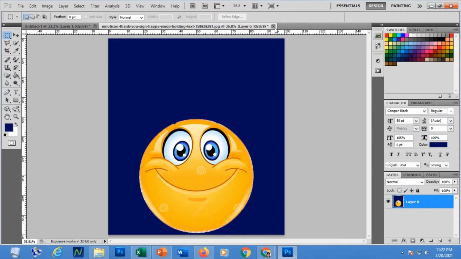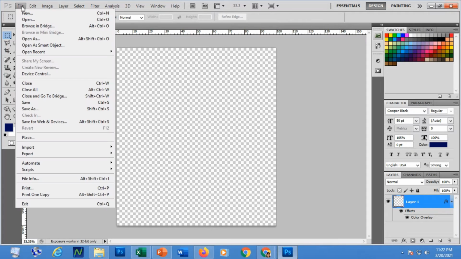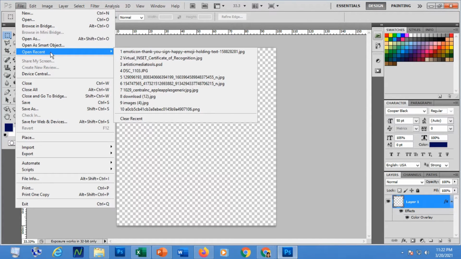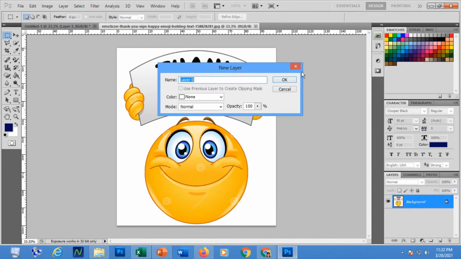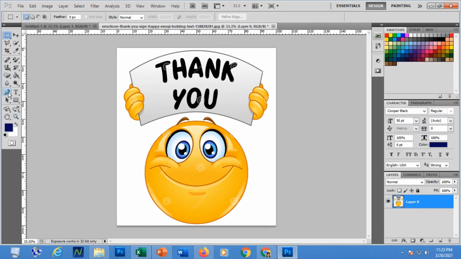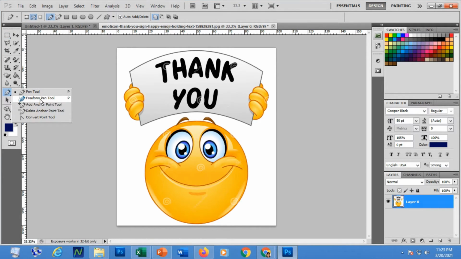Next, how are we going to use the freeform tool? For example, I will be using the same illustration or the same drawing. So double click again to unlock. Then right click the pen tool, then click freeform pen tool. Now if you notice, on top of your drawing area, you will be able to see the different tools. Make sure again that you have selected the path button. Then choose now the area that you would like to remain or retain in your drawing area. So it's not as perfect as